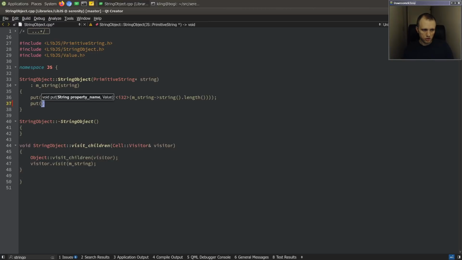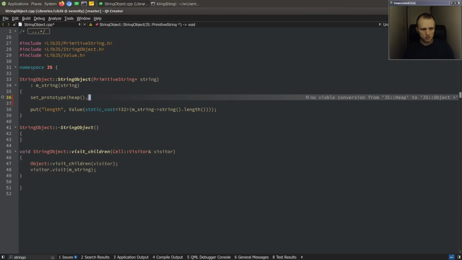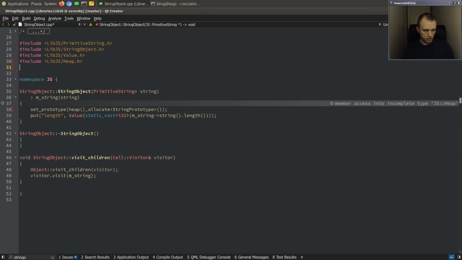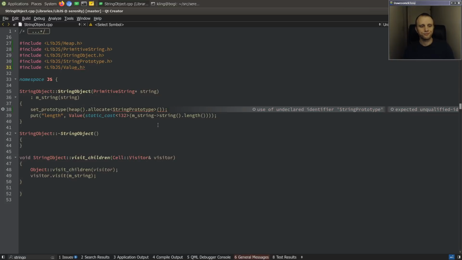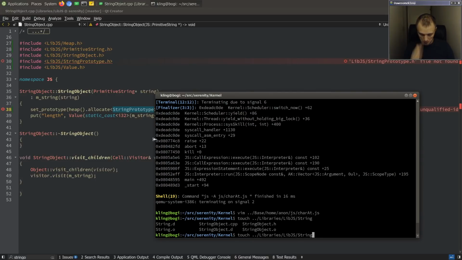But when it comes to the charAt function, let's put it on the prototype instead. So we'll do something here like setting a prototype, and we can just allocate a new prototype for now. String prototype, something like that. And I guess we need heap and string prototype. And then we have to actually declare whatever this is supposed to be. JS string prototype,